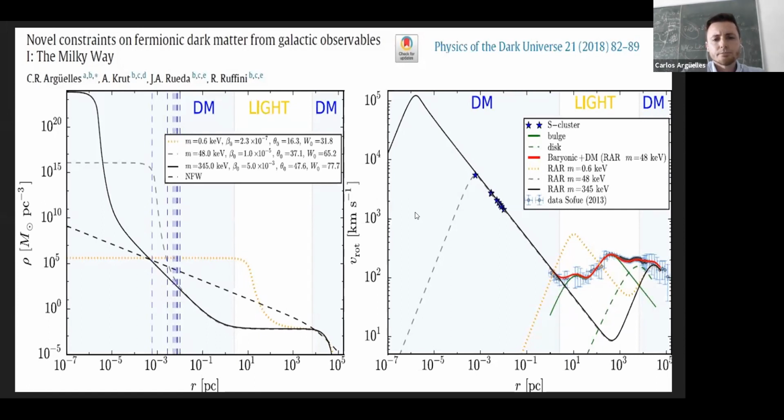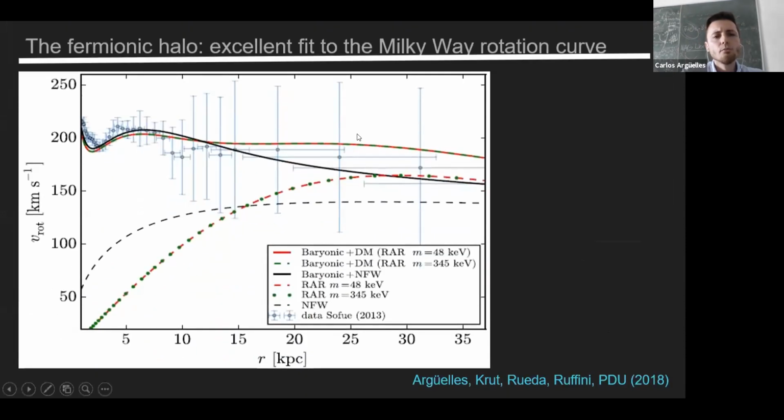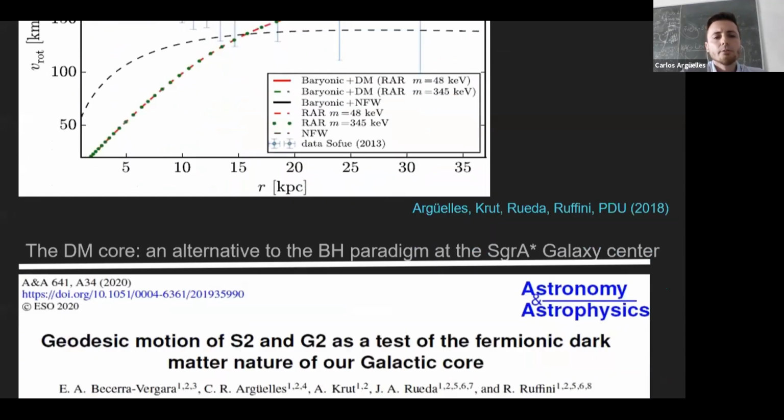Therefore, it is possible to make this fitting, as I have shown here, and this is a zoom of the outer part of the rotation curve, given by either the NFW fit in black and our model in red. So both can fit the outer rotation curve very well.